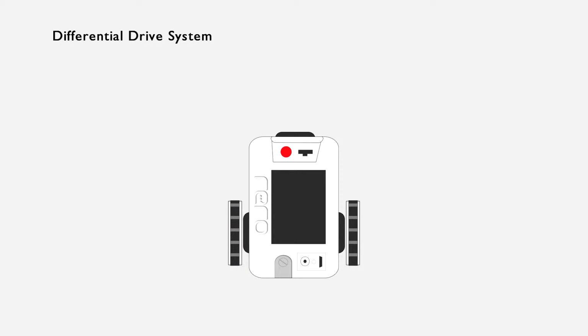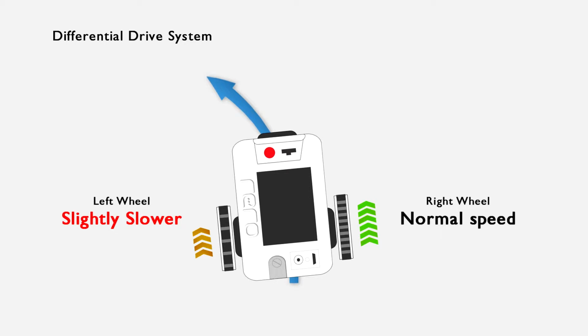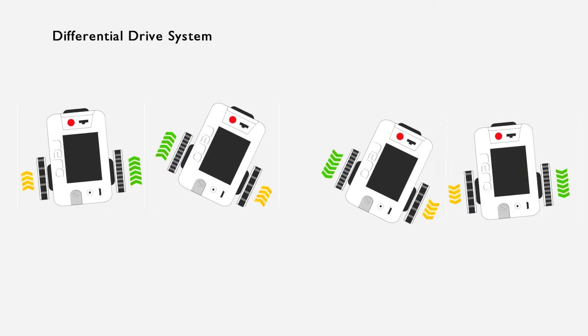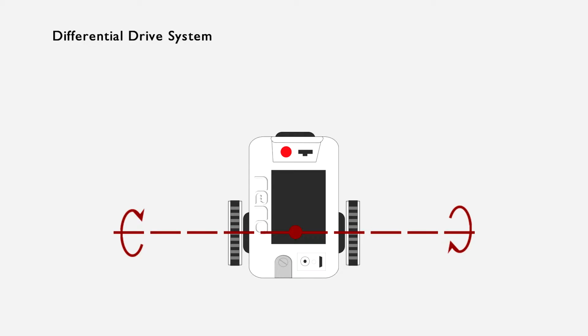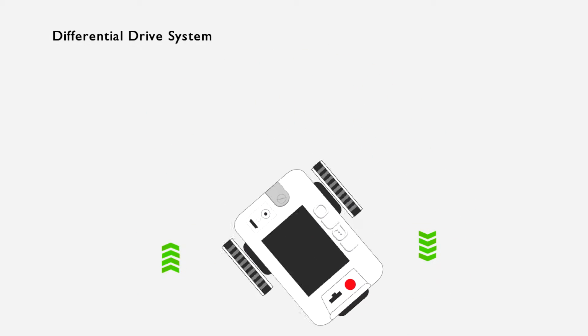However, if both the wheels spin in the same direction at different speeds, the robot will move in that direction, but steer towards the side of the wheel that is spinning at a slower speed. This is the same with both forward and backward movements. Moreover, the robot can rotate about the central point of the wheel's axis, when both wheels spin in opposite directions